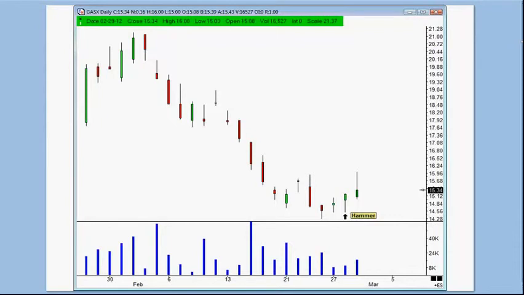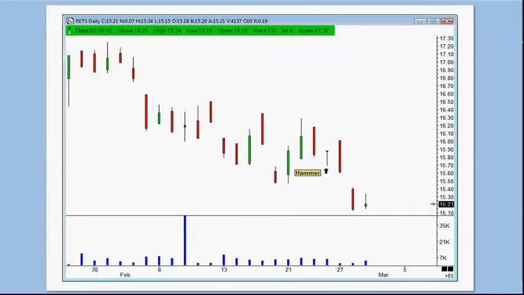So that was GASX. If we take a look at here is a hammer candle from a few trading sessions ago as I was taking a look at what I wanted to review with you today, and this was not included in the newsletter a few days ago, but here is a hammer candle. You clearly have a downtrend, if you will. Here's a hammer candle. You got the close below. That's why I say you get out of Dodge. What does it do? It gaps down, if you will. So in this case here, you would have reduced, and you would have lost well less than 1% or 0.5%, whatever it is that you traded with, by going ahead and exiting it.